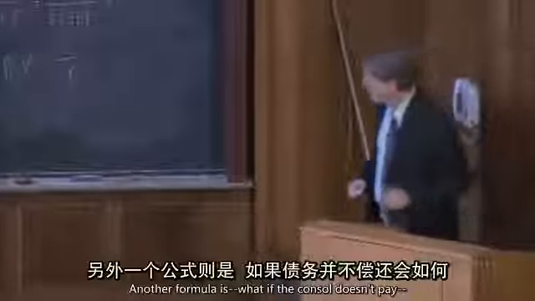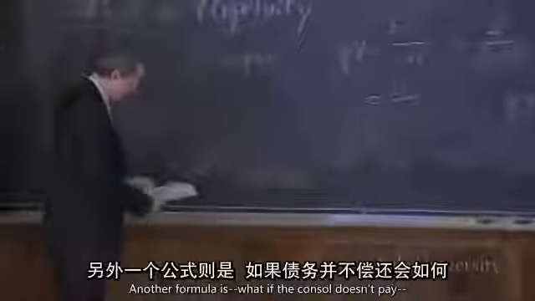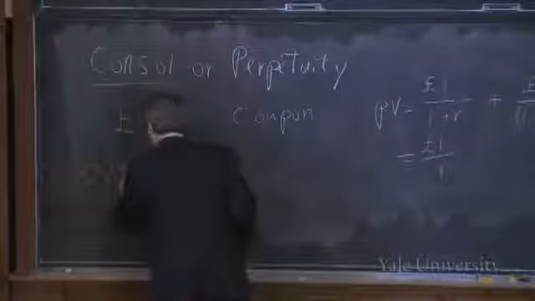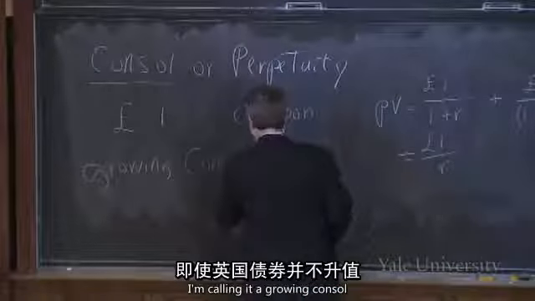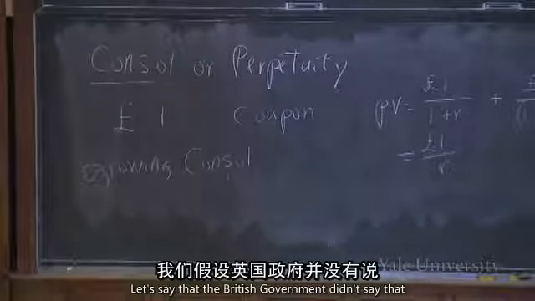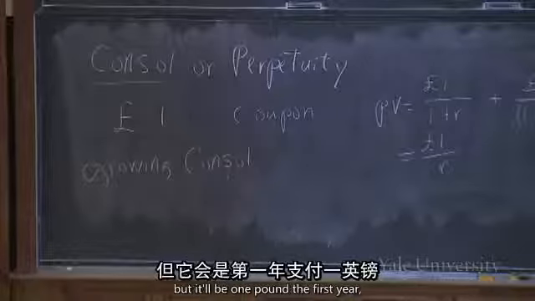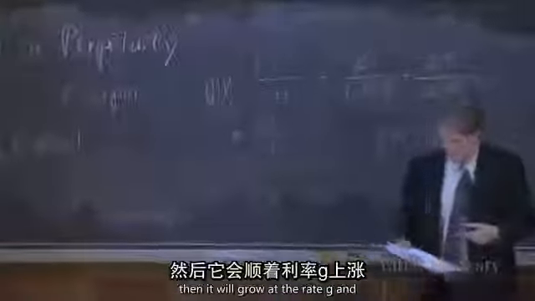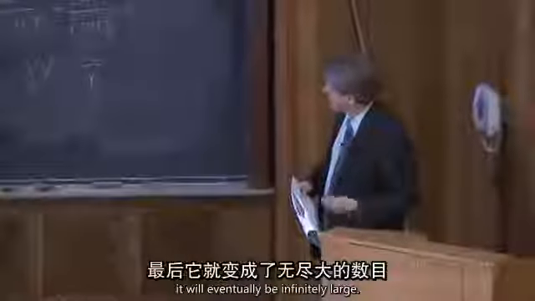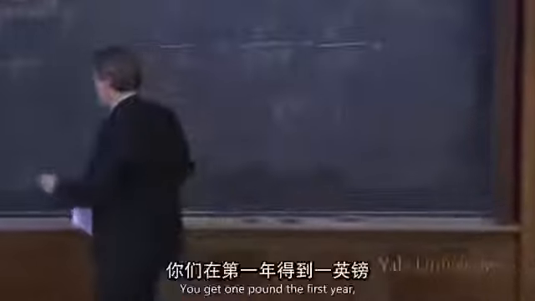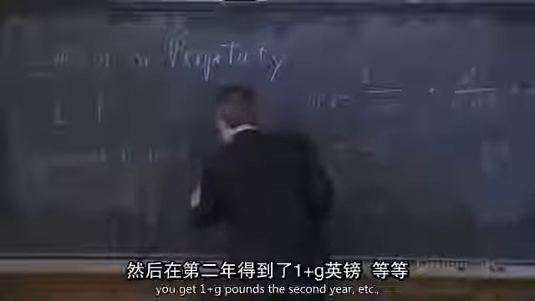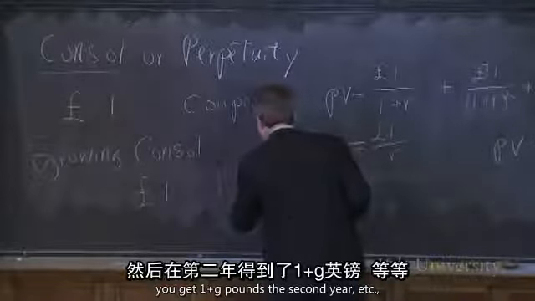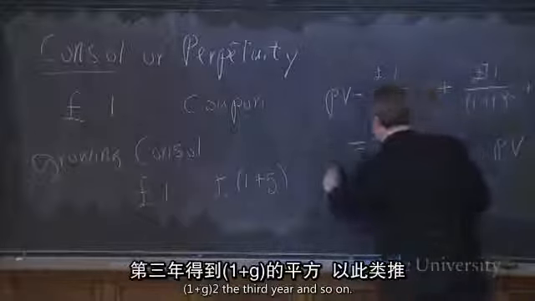Okay. Another formula: what if the consol doesn't pay the same amount? Next thing is a growing consol. I'm calling it a growing consol, even though the British consols didn't grow. Let's say that the British government didn't say that they'll pay £1 per year, but it'll be £1 the first year, and then it'll grow at the rate g, and will eventually be infinitely large. So you get 1 pound the first year, 1 plus g pounds the second year, 1 plus g squared the third year,